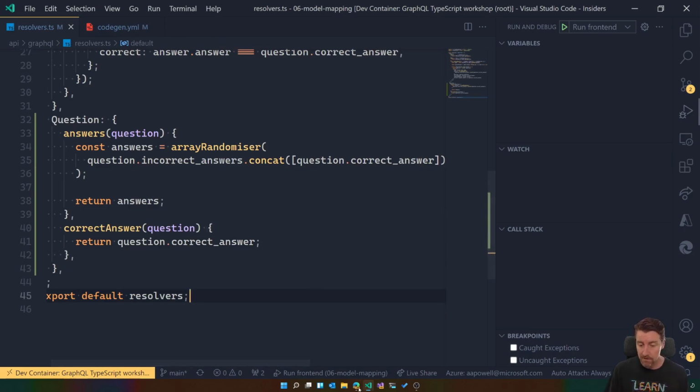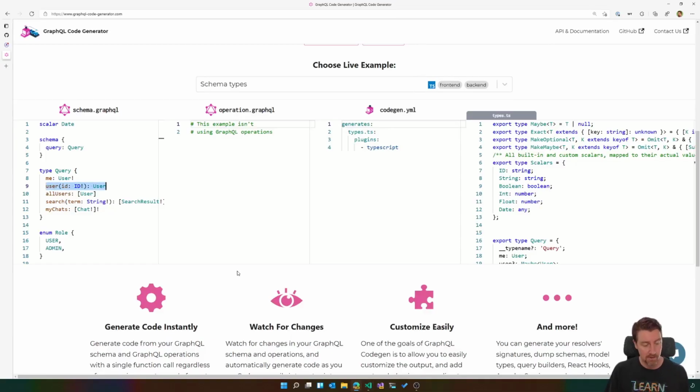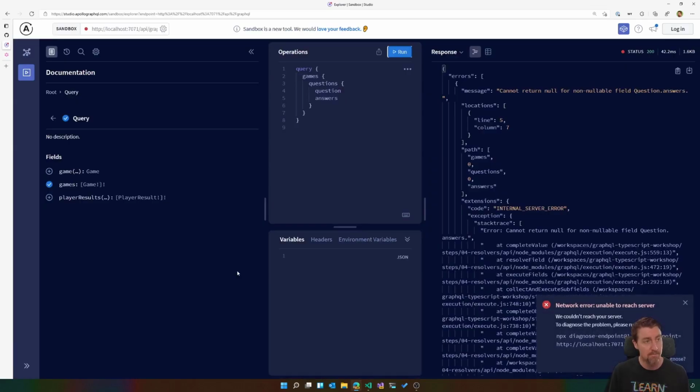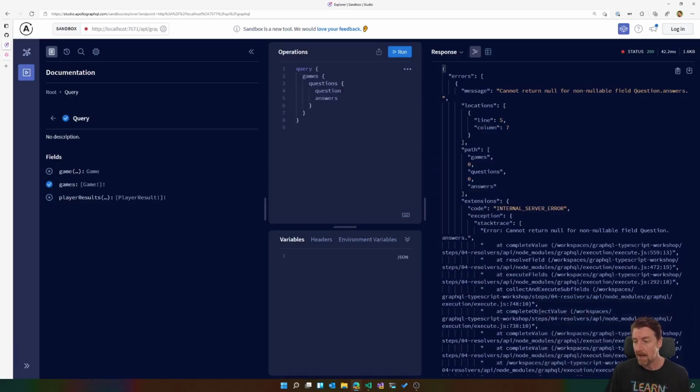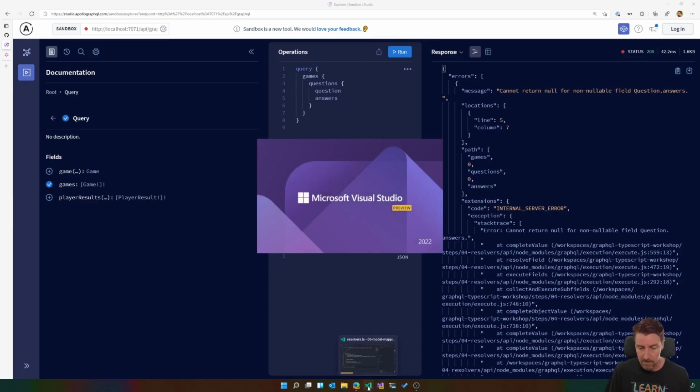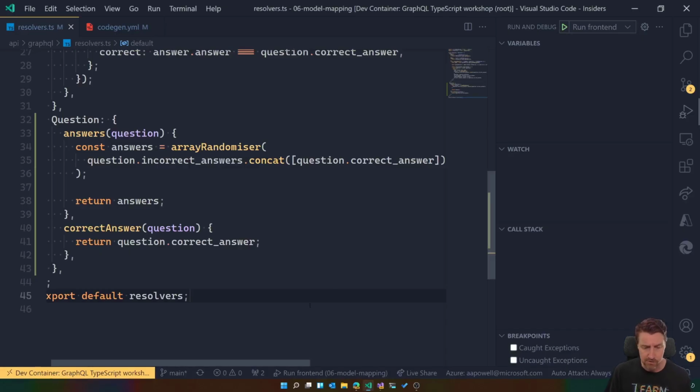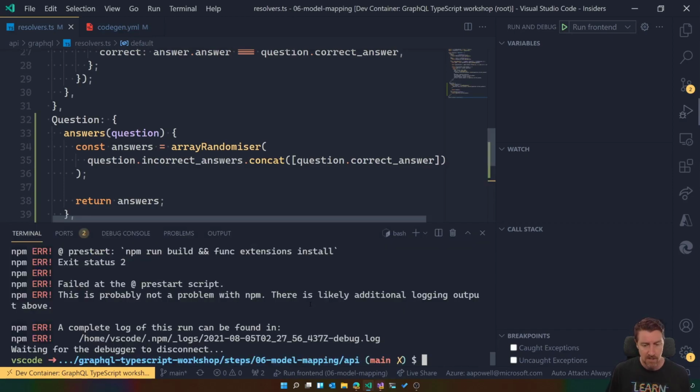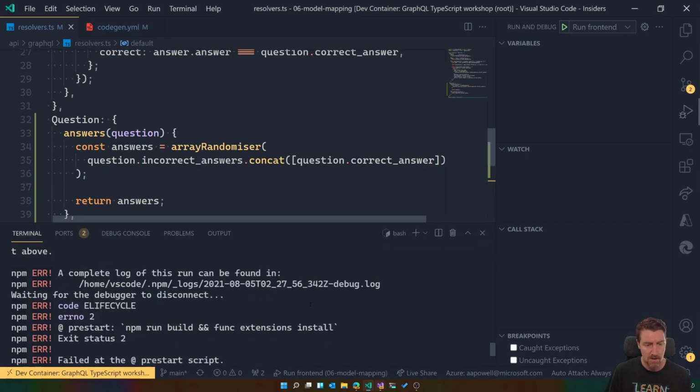So now our server is still up and running. Let's come back to the Apollo Studio and let's see. I think it should be up and running. Oh, hang on a sec. Oops. Don't open full Visual Studio. Let's just see. Oh, no, hang on a sec. We ended up with an error,